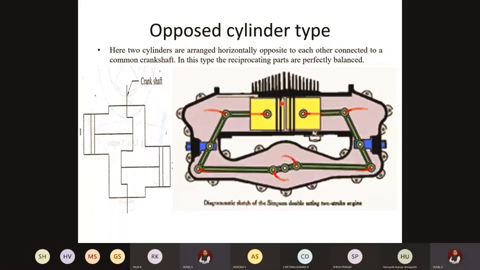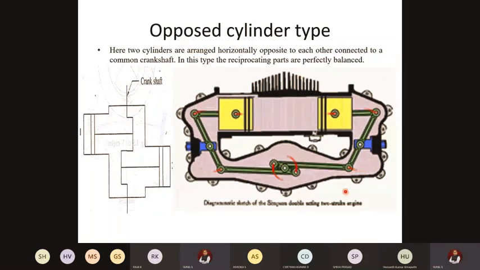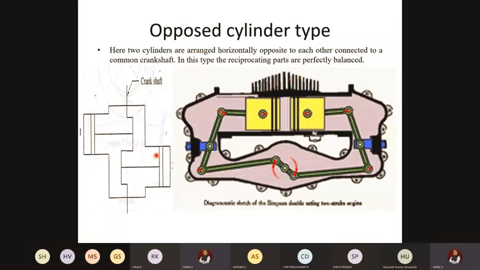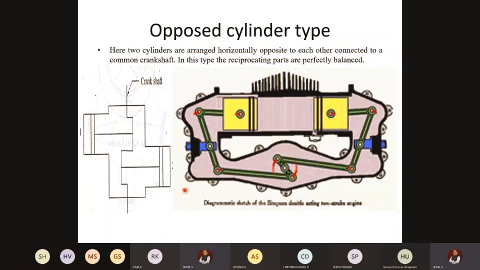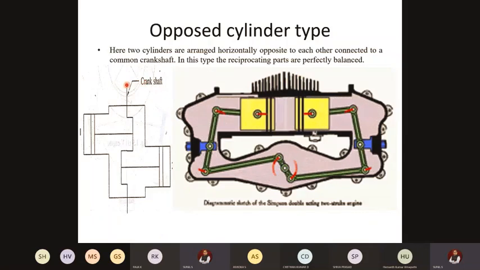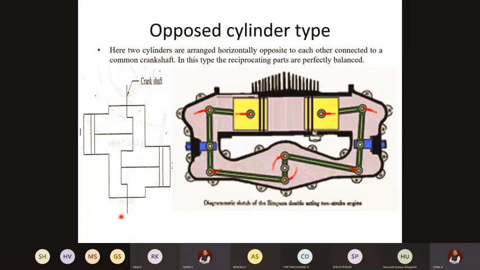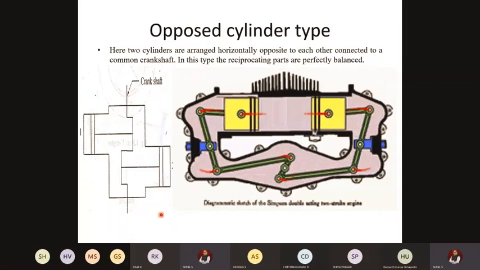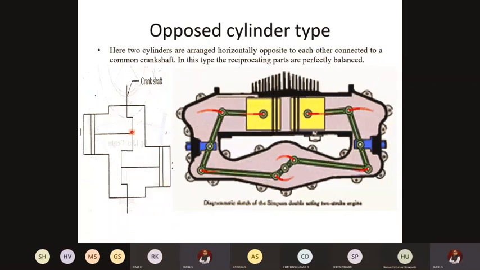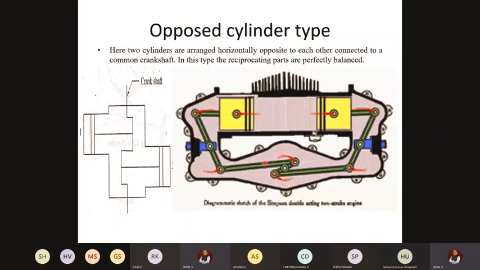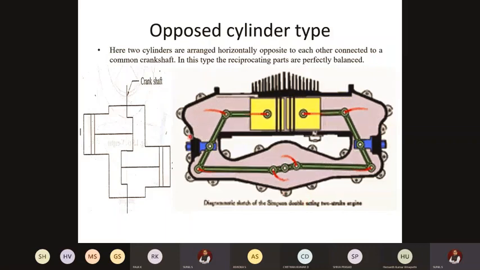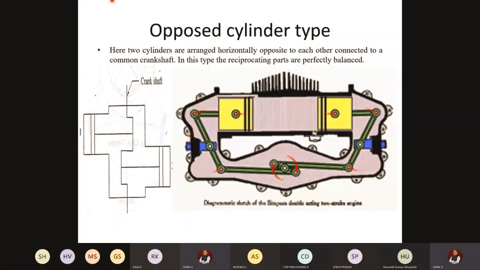The working mechanism you can see through this animation, so that you can easily understand. But from the exam point of view, you can draw the sketch. It's much simpler. This is the center portion, the crankshaft. Here cylinder 1 is there, and cylinder 2. The piston reciprocates inside that, so this crankshaft keeps on getting the power. Please make a note of the rough sketch.